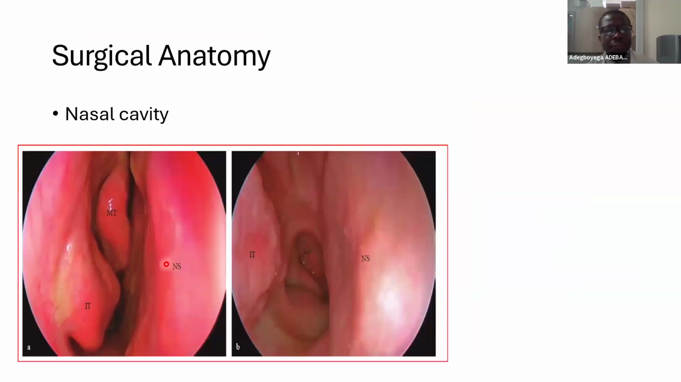This is an endoscopic view of the nasal cavity. The picture to my left shows the nasal cavity, the nasal septum. You have the inferior turbinate, the middle turbinate, the floor of the nasal cavity. The concha is anteriorly located, and these landmarks are actually very important to recognize when one is carrying out